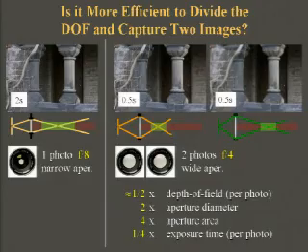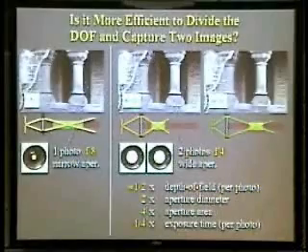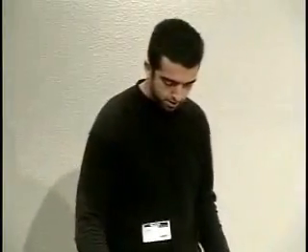To see why this is the case, by dividing the depth of field in 2, this corresponds roughly to doubling the aperture diameter. But an aperture with double the diameter has 4 times the area, and so it gathers 4 times the light. And so to achieve the same exposure level as the narrow aperture image, for the 2-image case, we reduce the exposure time by a factor of 4. And then when we put these factors together, we achieve our overall 2 times speed up.